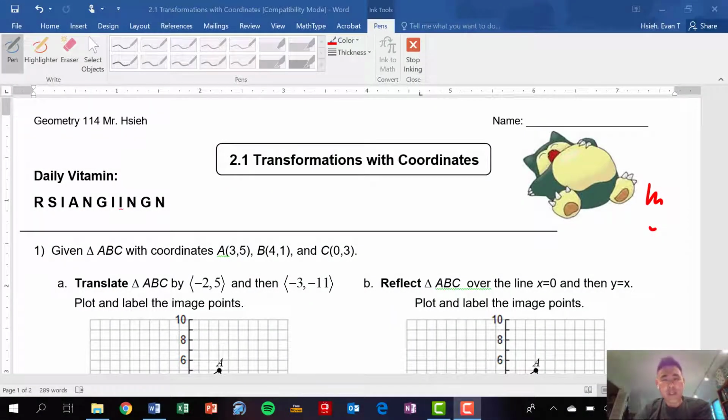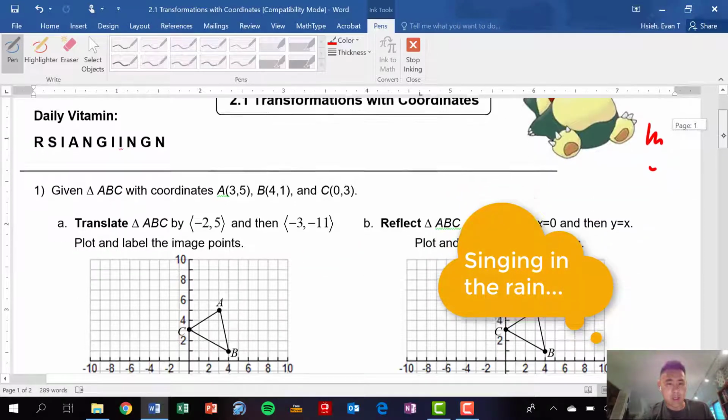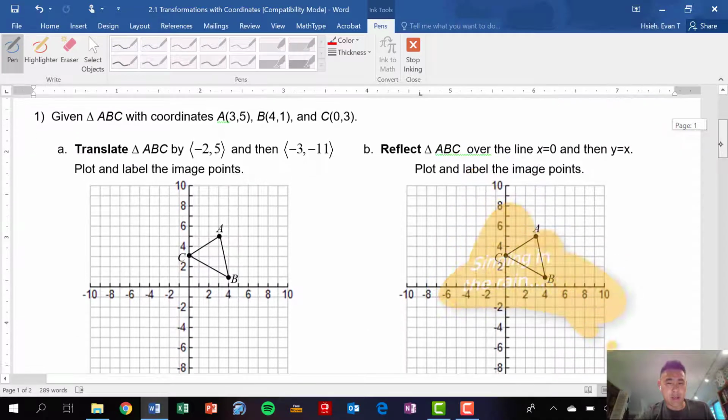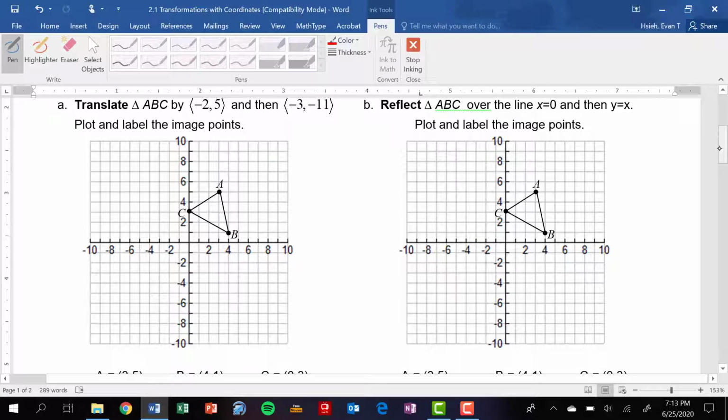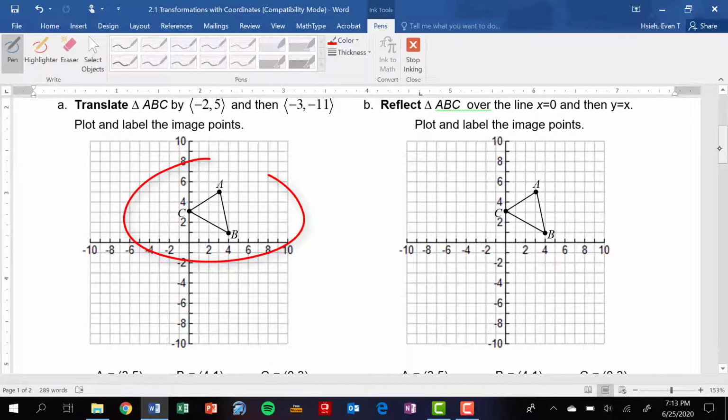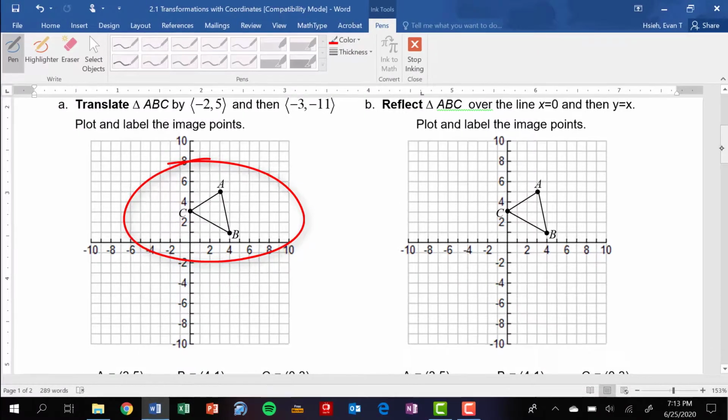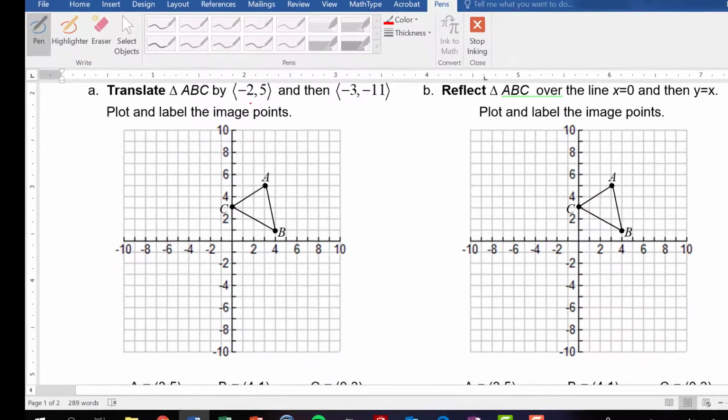Okay, in this next section we're going to take the concept of transformations. We're going to mix a little bit of algebra in with it. So what we want to do first is work on transforming points. I'm going to take this triangle that's given, and in the first problem I'm going to translate it using this vector,